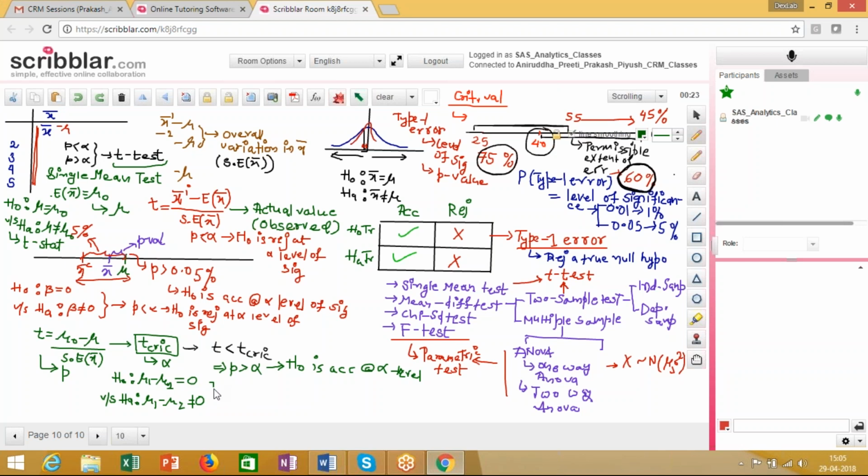So what should the T statistic be like? The T statistic over here should be, say, suppose the means of the two groups are mu1,